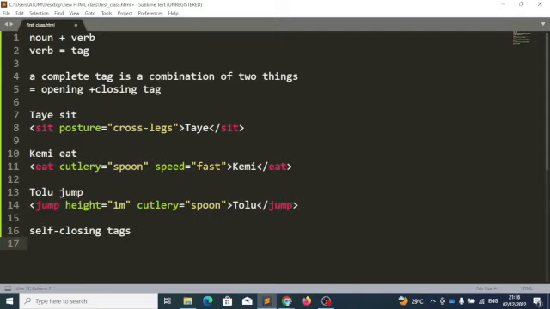You know, we are saying that Tolu should jump. But for a self-closing tag, you don't close them. You just say jump like this. And you are not giving that command to any noun or anything, just write them like that, but they are not much. So as time goes on, we will encounter these self-closing tags, so that when we get there, you won't be surprised, so that you know that they exist. Before we start writing our codes, I'm just explaining what we are going to do. But before we do that, lastly on this part,